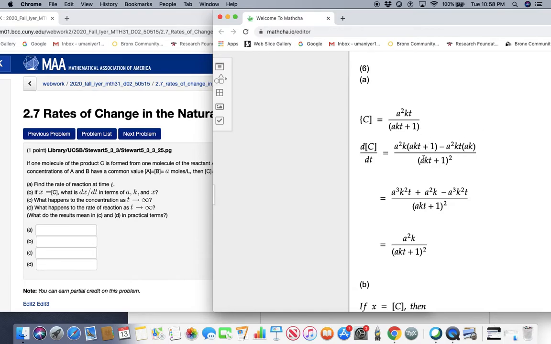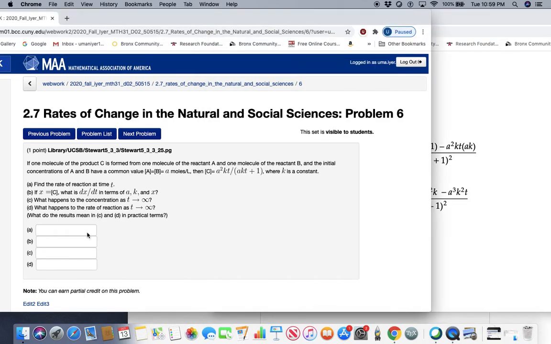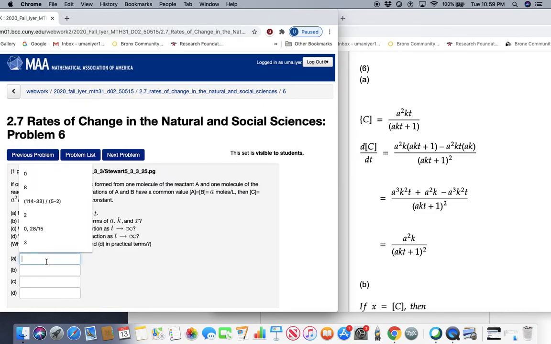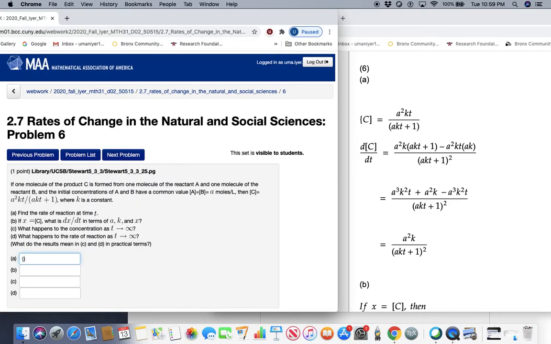So when you simplify it out, notice this distributes, minus, this is simple multiplication, a cubed. So this term and this term are identical, but there's a subtraction, so they cancel, and that's what you're left with. So let's type that in. It's a numerator over denominator. So write the parentheses first, then a to the power 2, k in the numerator, and akt plus 1